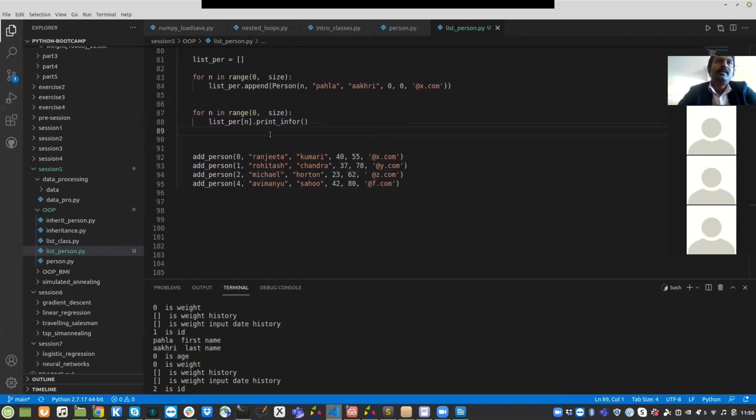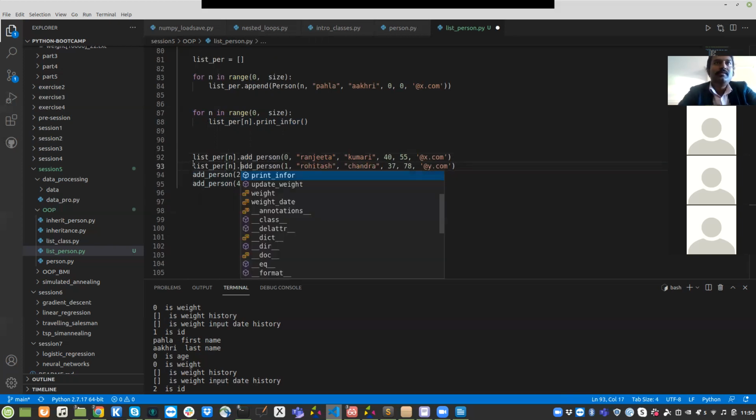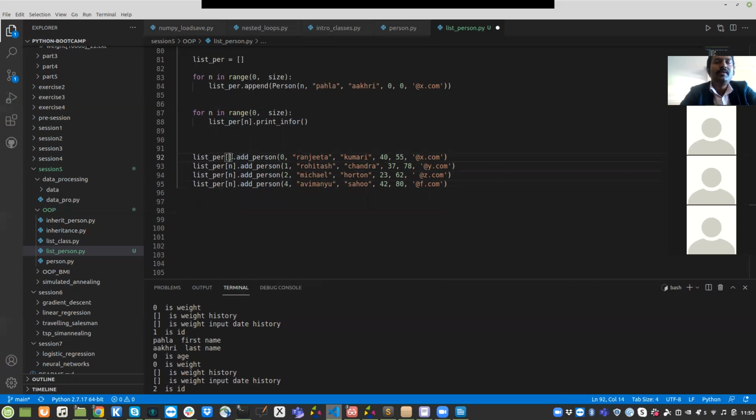And then we need to manually tell where that person should be added. Both the top and the bottom lists are basically accessed in a similar way, where, so we know 0, and